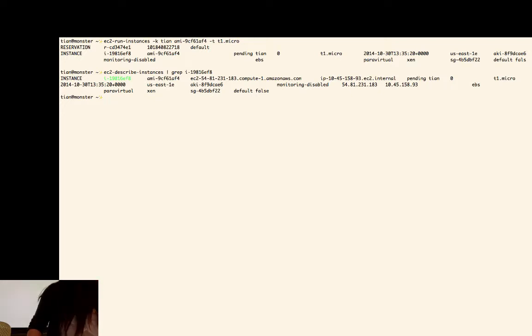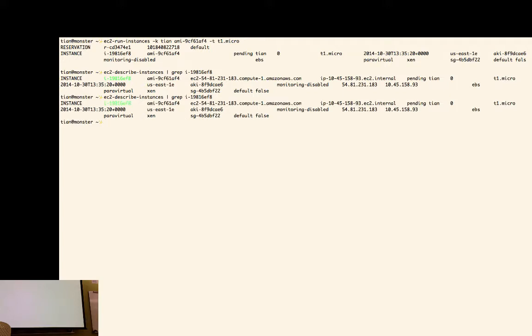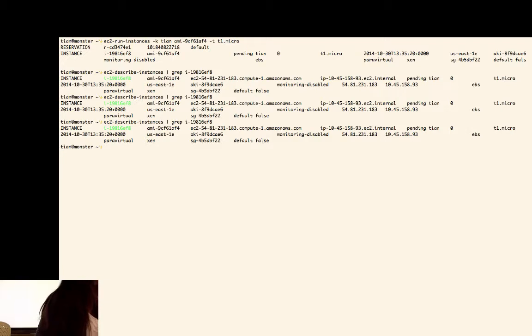As you can see, still pending. We just wait a couple of seconds, and then we do it again, and again if it doesn't work. It's still pending. Sometimes it takes a long time to start a very small instance because so many people are using free resources in Amazon and it runs out of small instances. If it doesn't work, we try a bigger one with money, so it doesn't really matter. All right, still pending.